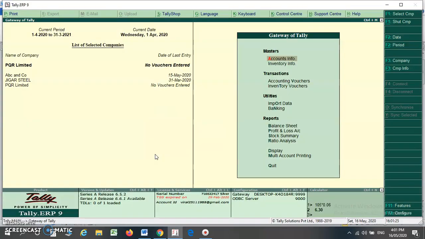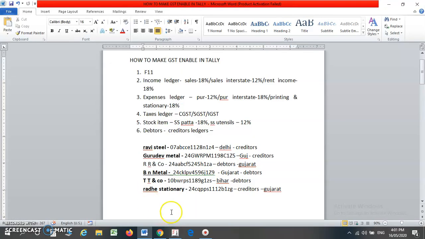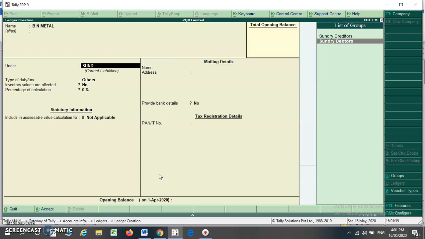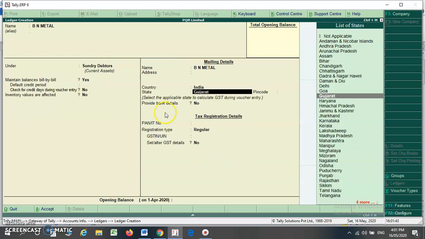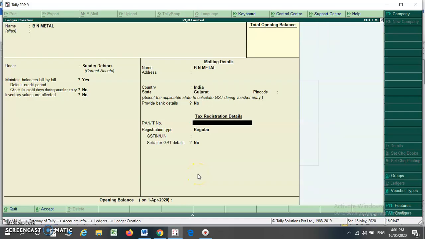So I am creating a ledger for sundry debtors. For example, I am creating a ledger for BN Metal under the group sundry debtors. So here I have to write my state. So what is my state? It is Gujarat.